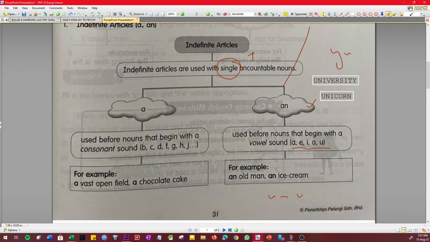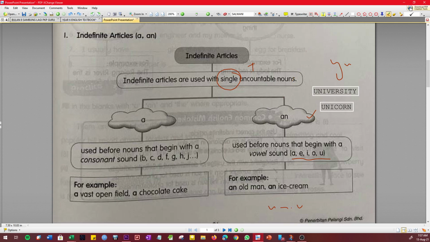Ada satu lagi rule di sini sepatutnya. So, silent H. Right, silent H. Examples are